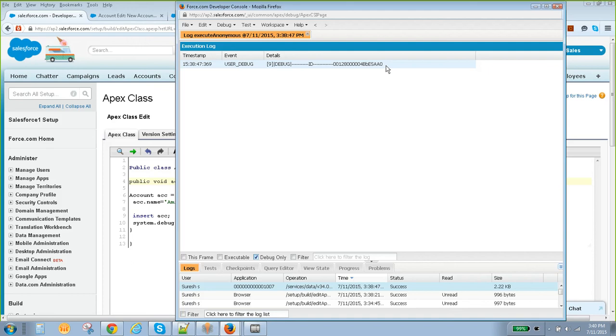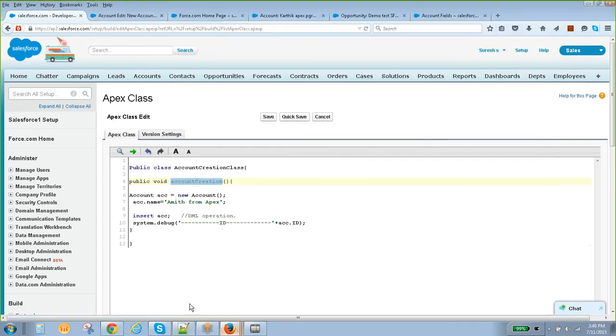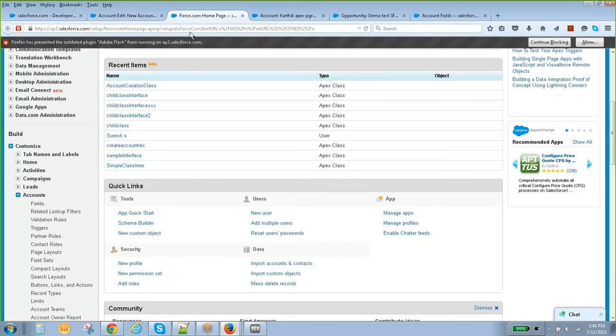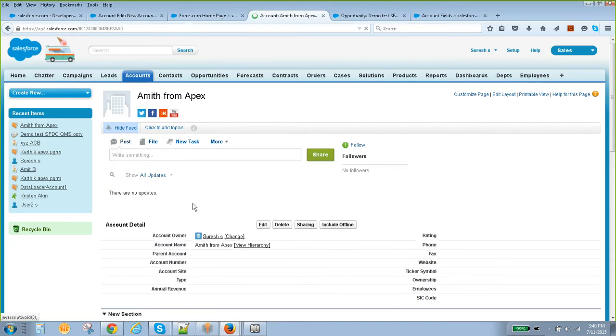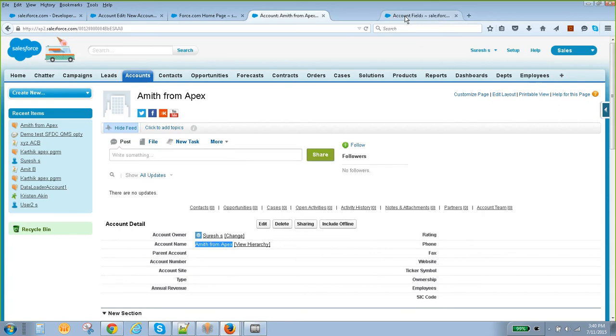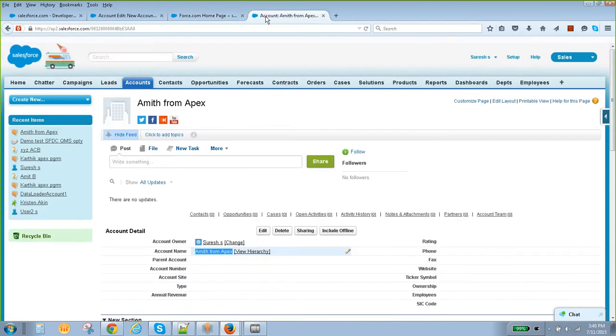Okay. So just click on this particular ID and search for it in Salesforce. Let me put this ID here, and this one should be created. See here, "meet from Apex." Correct. So this is a way of creating an account programmatically.